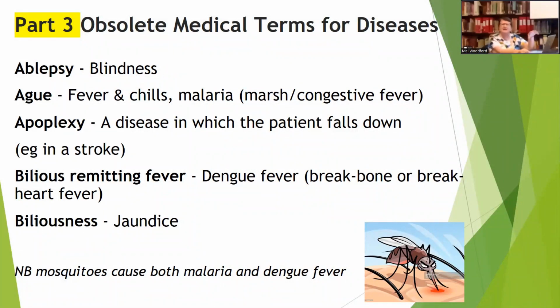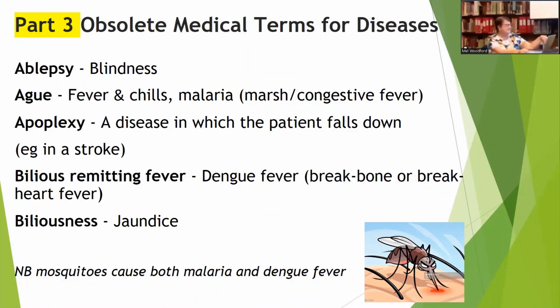What happened with malaria, the residents south of Rome who lived in a marshy area, in medieval times, found that every summer they were coming down with fevers and chills, and they thought it was the bad air they were breathing, and that's where the word malaria comes from, bad air. But in fact, it was malaria caused by the mosquitoes,